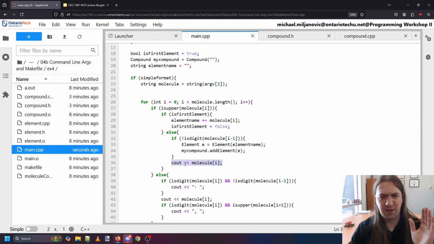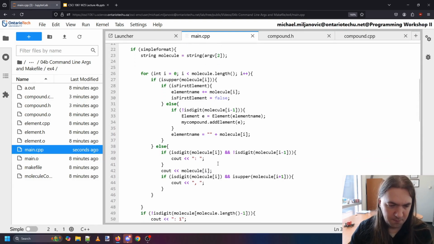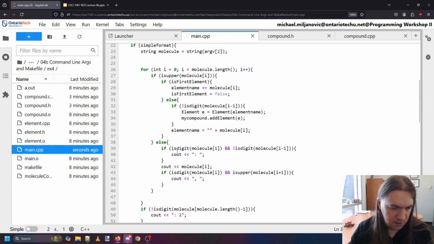So if I was doing NaCl, this print here is printing out the C. So what I want to do then is I want to say element name is this plus molecule I. So here I'm resetting the element name to be something new, plus a new capital letter. Otherwise,